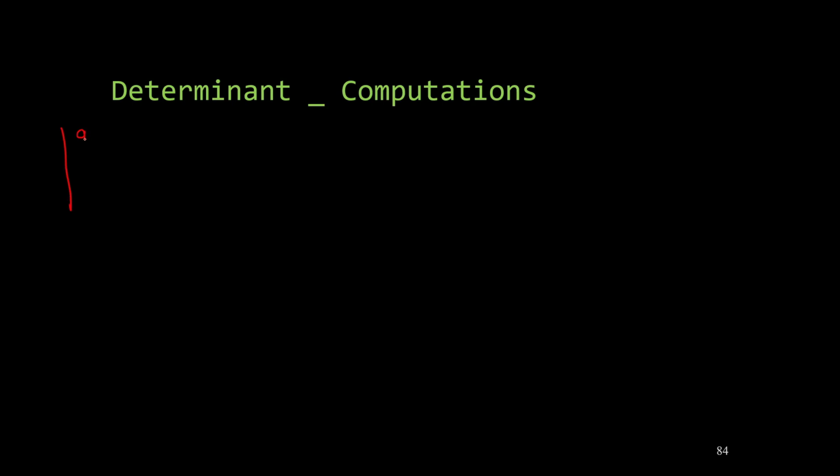Suppose we have a 3 by 3 matrix, and to be able to write a generalized matrix, I am using this syntax. So A11 means the element corresponding to first row, first column. This is the element corresponding to first row and second column, first row and third column. Because I can only take square matrices, this time I am taking a 3 by 3 matrix. So this is second row, first column, this is second row, second column, this is second row, third column, and similarly A31, A32, A33.